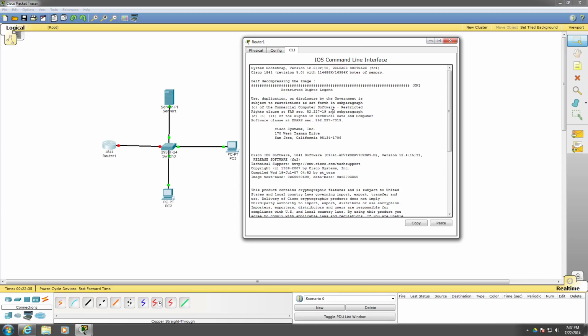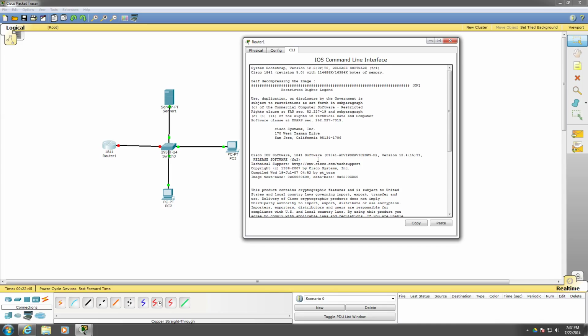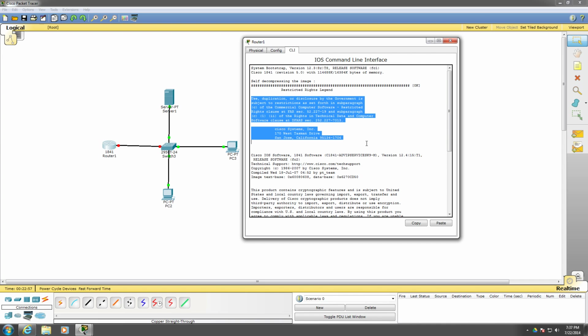And if we take a look at it, this is what a Cisco device looks like when it boots up. Let's say it was off and we boot it up. This is all the stuff that'll come out little by little. Since this one is a simulation, it all jumps out at once because it's wicked fast. So you get a lot of information, which Cisco IOS it is, which device. It'll give you a lot of the legalities,